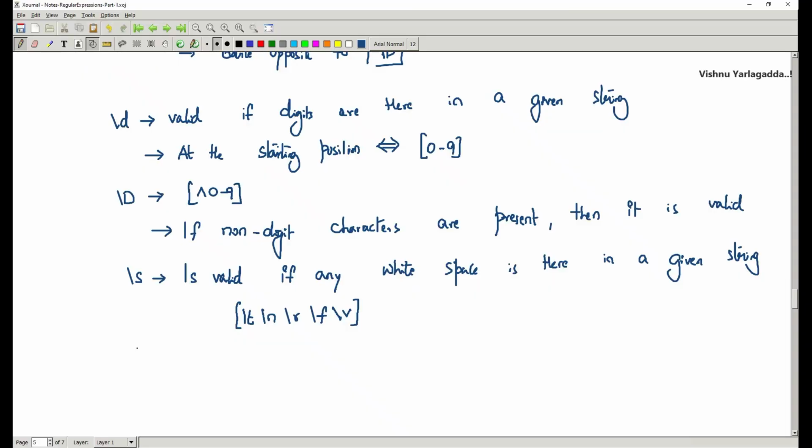So this is \s, and similarly \S is valid if there is no white space, the reverse of \s.